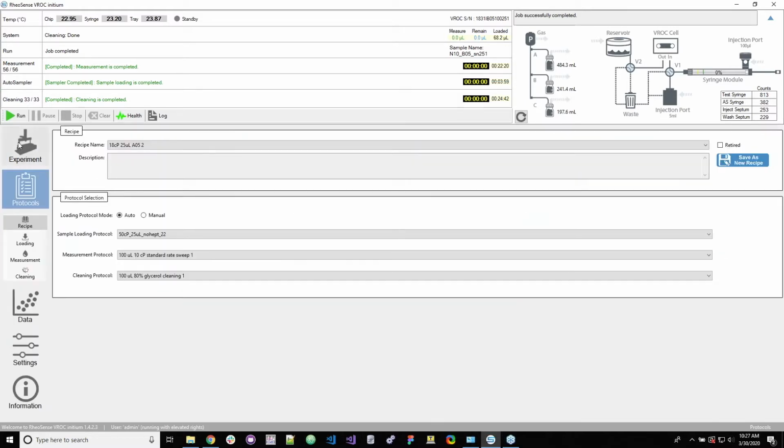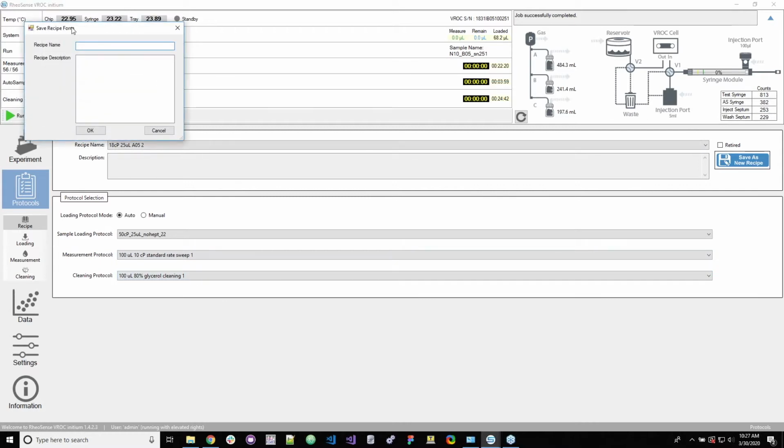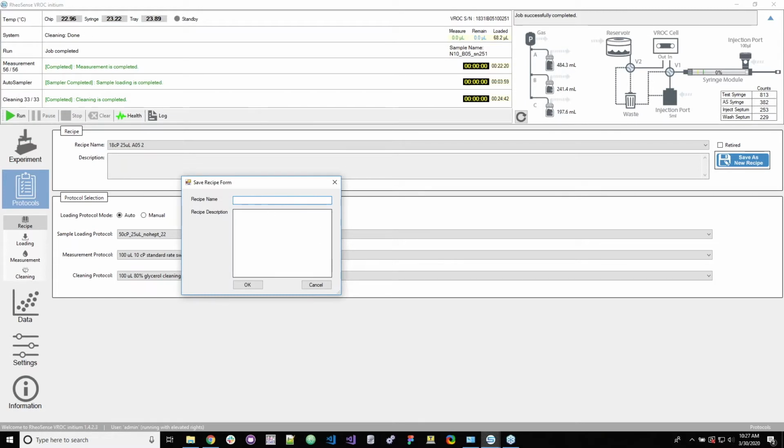So now we're going to click on the protocols tab. So this is where you would begin to make your own protocols and recipes. So here's the recipe tab. You can name your recipe. Here you can give it a description. You can specify what kind of loading protocol this recipe calls for, and then you can select that loading protocol here, then whatever measurement protocol you want, and then whatever cleaning protocol you want, and then you can save the recipe clicking this, and this is where you would type in your name, your recipe name, the description of the recipe. So if you're going to be running the same test across multiple different samples and you don't want to continuously